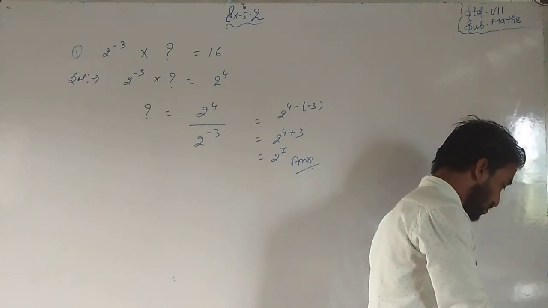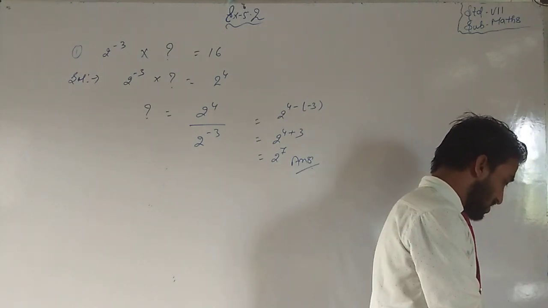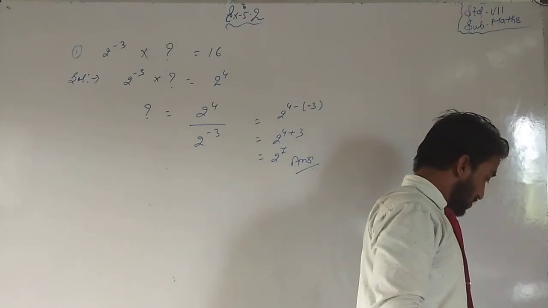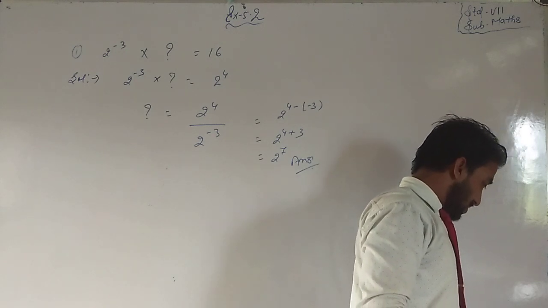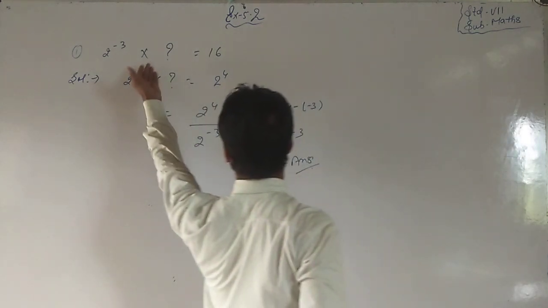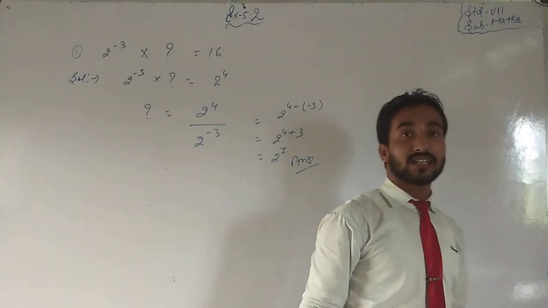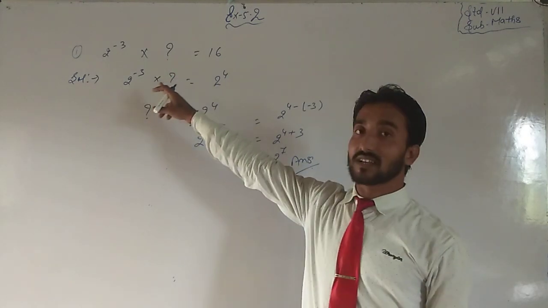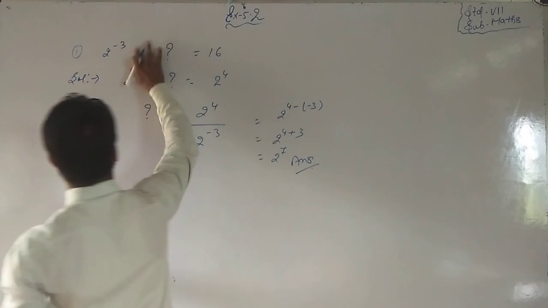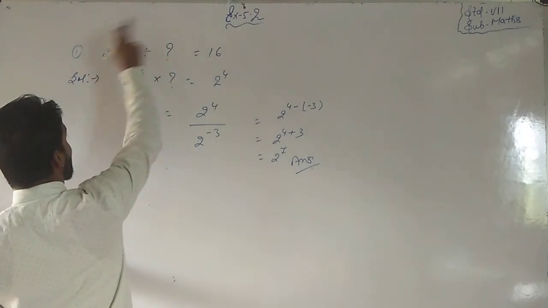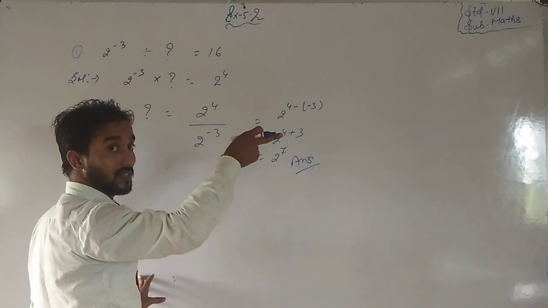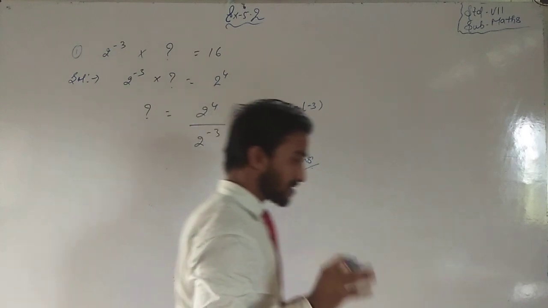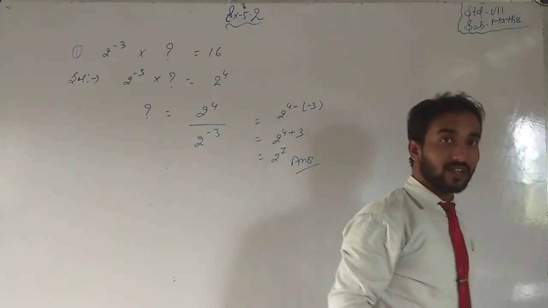So students, question number 2 and question number 3 are on the basis of question number 1, as it is. But question number 3 may be a little bit different. Only in the place of multiplication, division is there. If there is division, then when the number is transferred to this side, it will come in multiplication. So be careful about it. And the rest of everything is the same. So I think you will complete it by yourself.